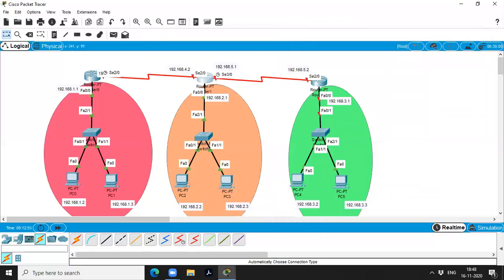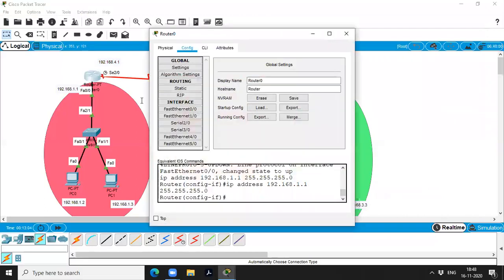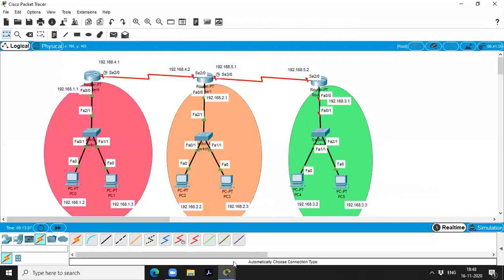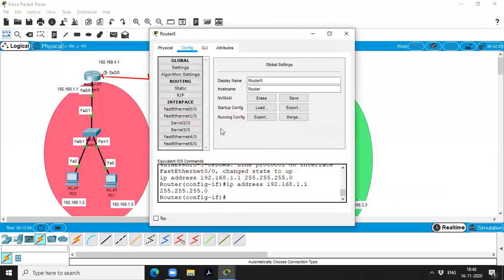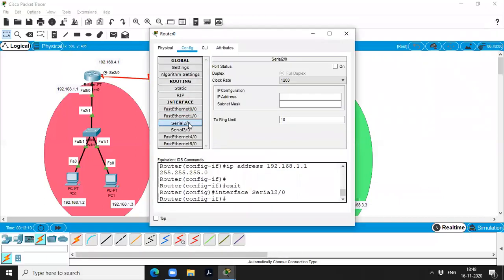I think we forgot the configuration of this router. That is why the link has not come up. Open the router, go to serial 2/0. See here, we have not configured the IP address.